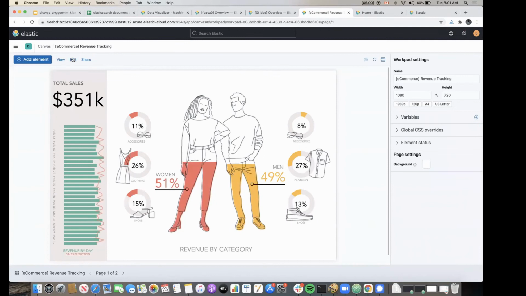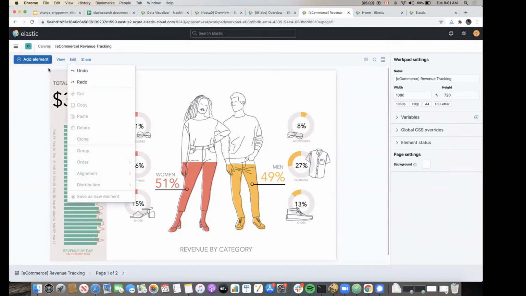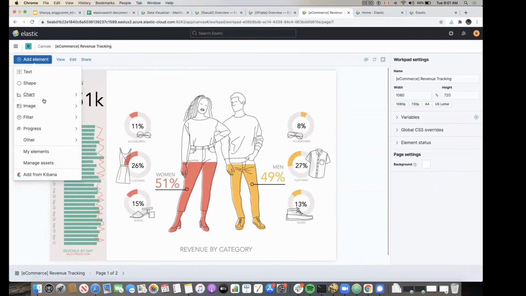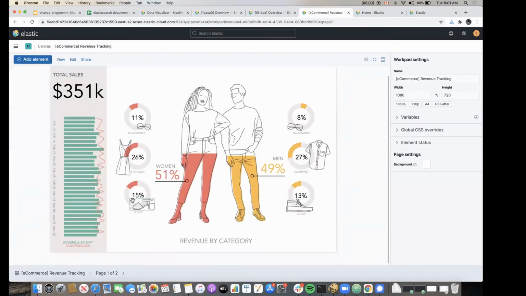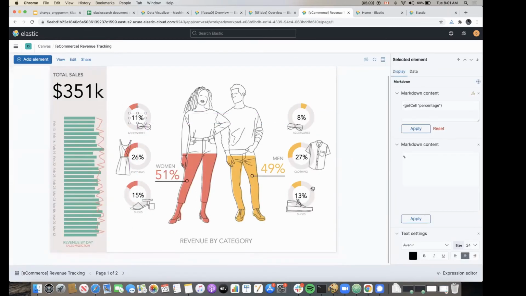And you can edit it. You can add different elements to it. You can also add from Kibana. If you create your elements in other parts of Kibana, you can add them there. I'm going to add a